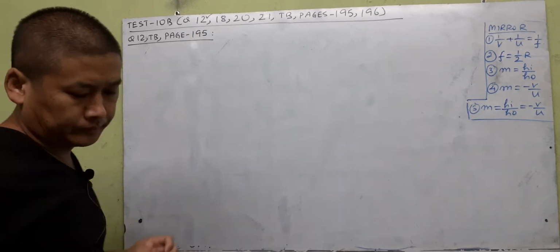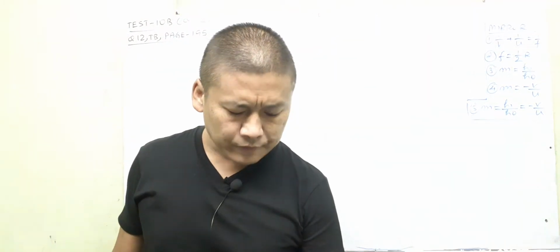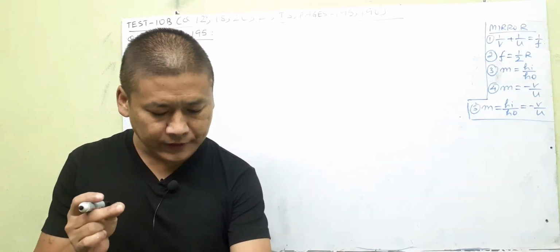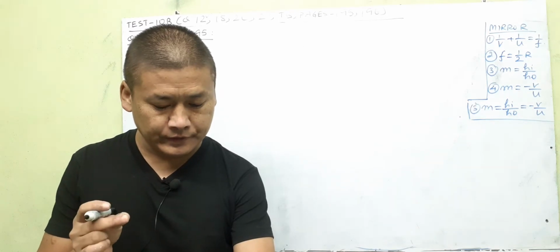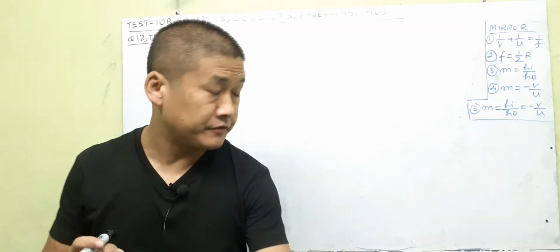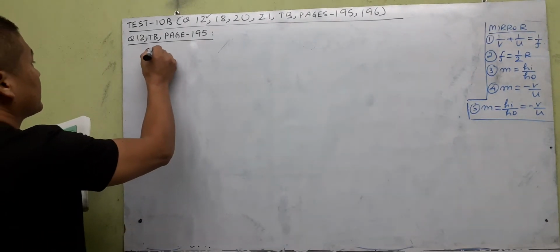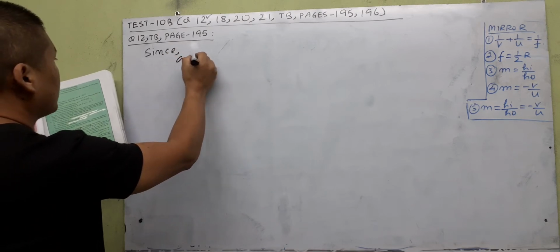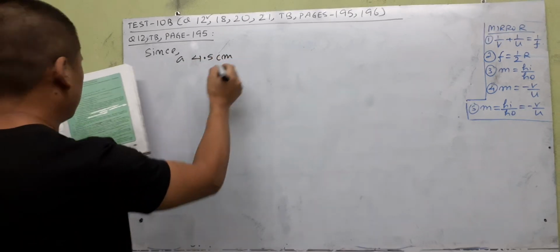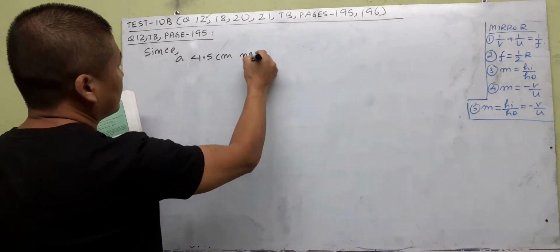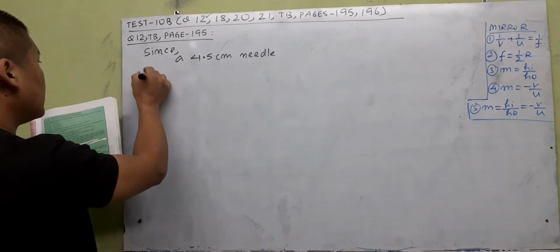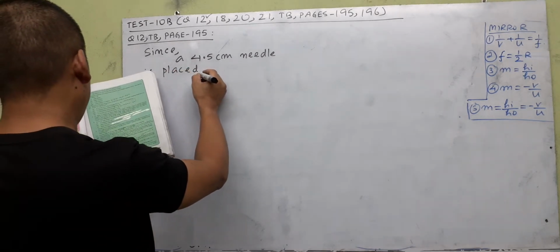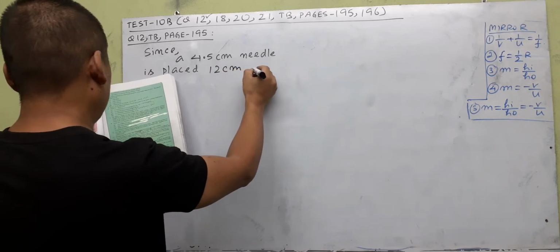Okay, let me read the question for us. A 4.5 centimeter needle, that means the needle here is the object, is placed 12 centimeter away from a convex mirror of focal length 15 centimeter. So let us write that down first. Since the question is saying, a 4.5 centimeter needle is placed 12 centimeter away